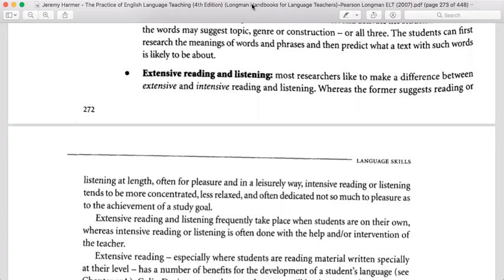Okay, so any kind of material can be used for intensive listening. Okay, it can be authentic material, it can be inauthentic or non-authentic material, and we have already differentiated between the two. Those who have missed the class on authentic and inauthentic material, please refer to my lectures. I hope I will be uploading the previous lectures soon.